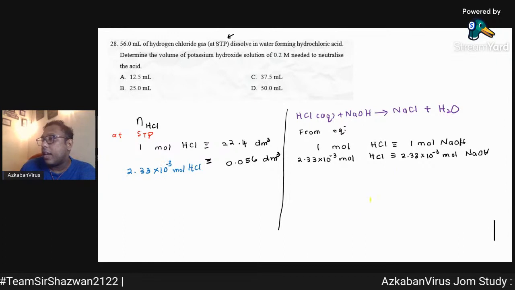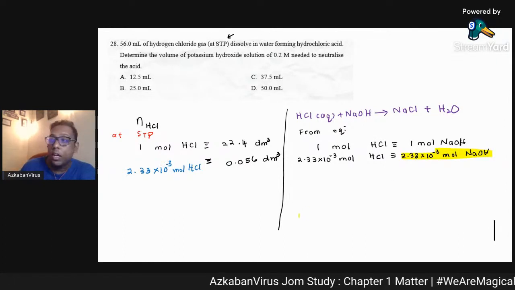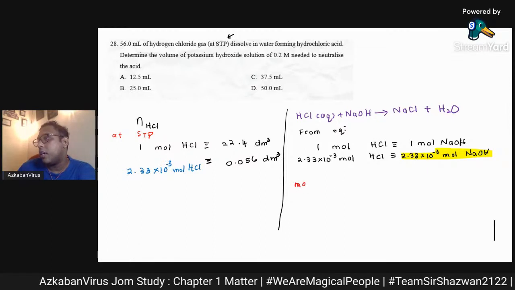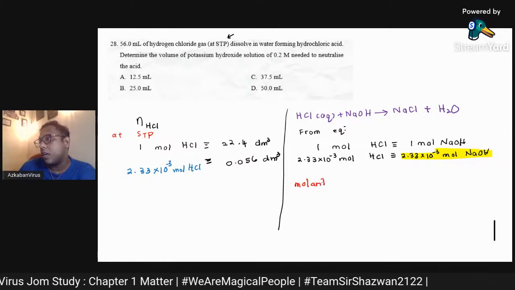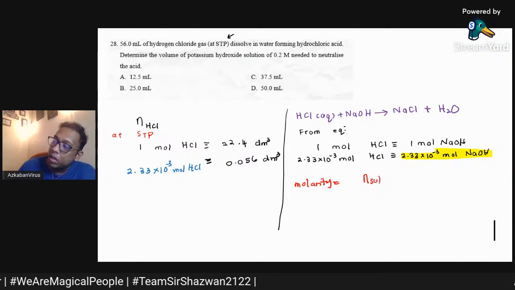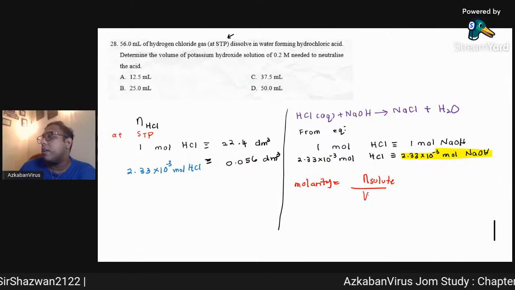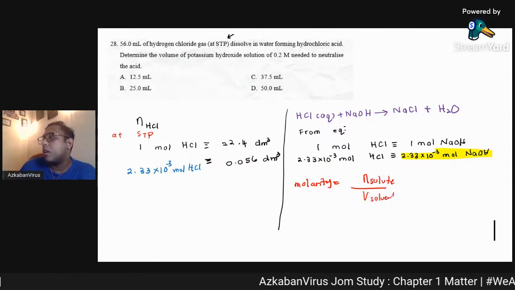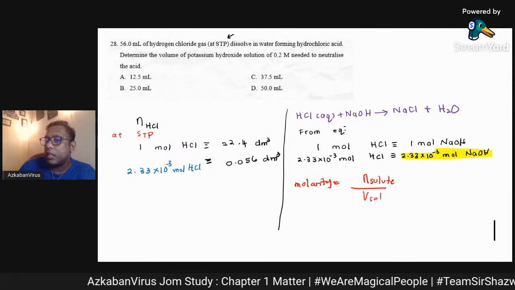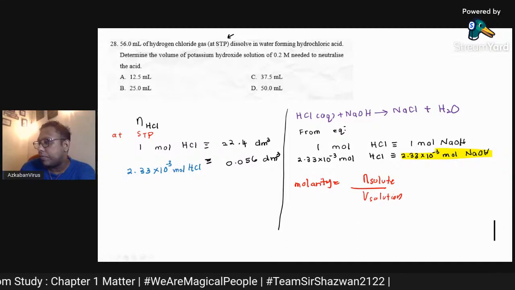Okay? So sekarang ni dia nak cari berapa volume dia ni. Kalau 0.2 molar. So we know that molarity is equal to mole of solute per liter of solution. So this is equal to